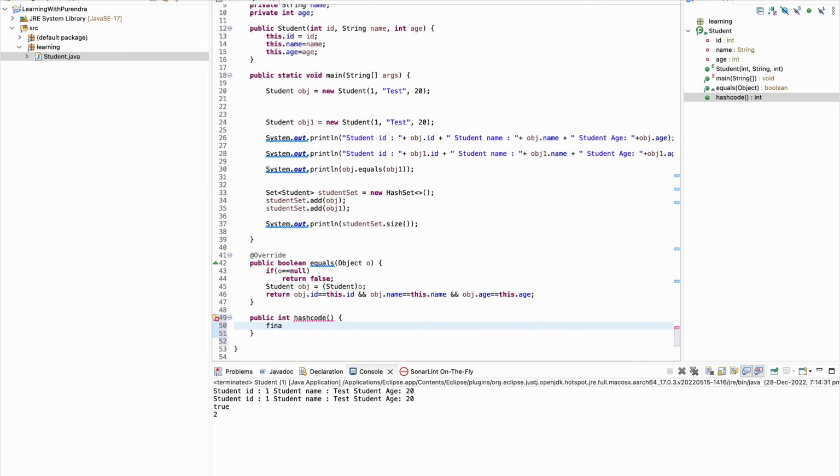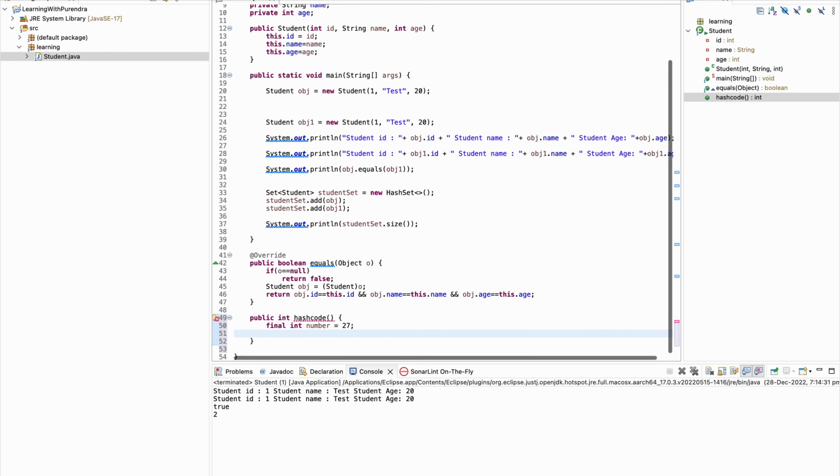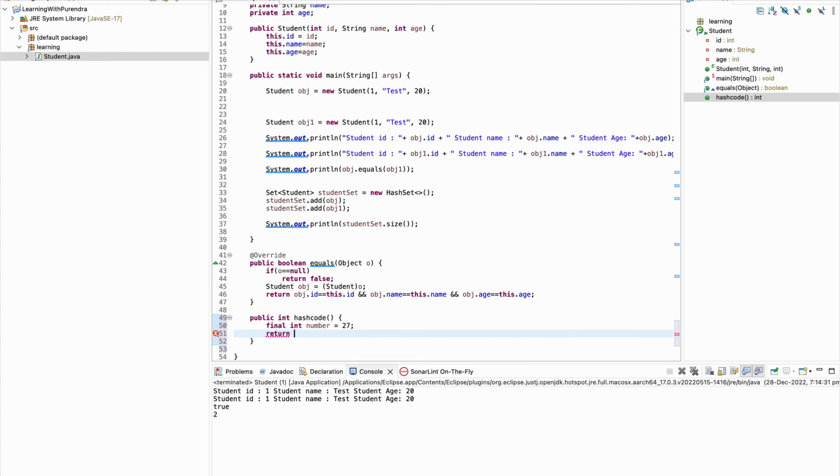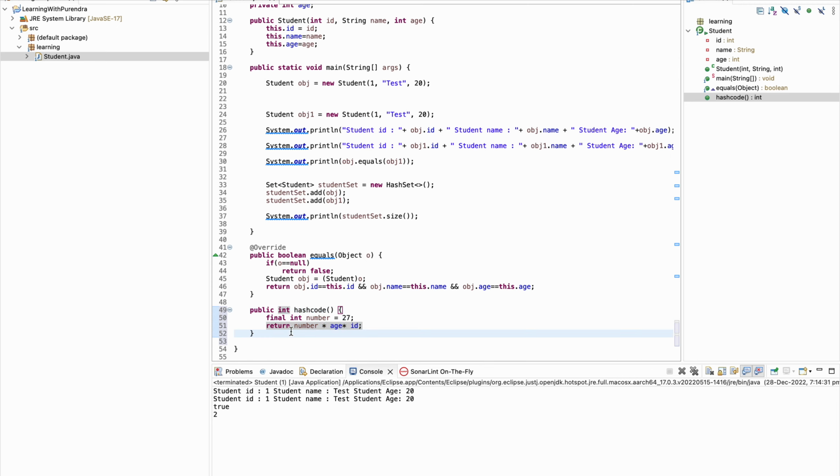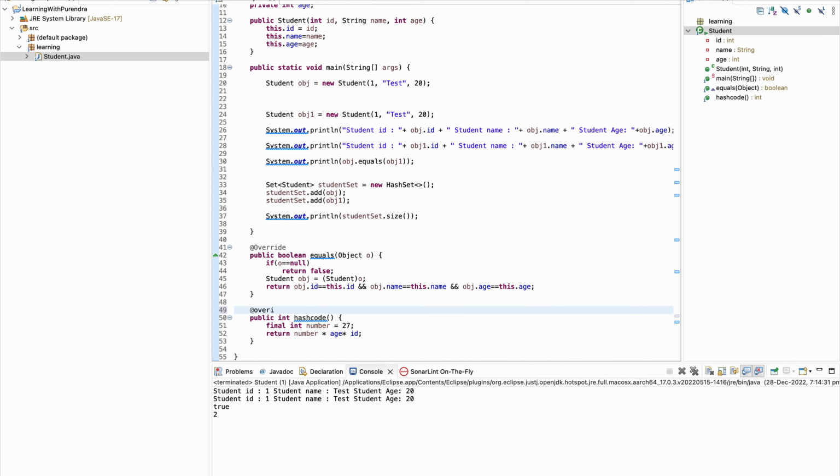Because hash code is generated using some calculation, I'm just putting some random number and returning number into age into ID, because it would provide me unique values always. So this is the hash code. Now I have overridden this, so let me write the override annotation.